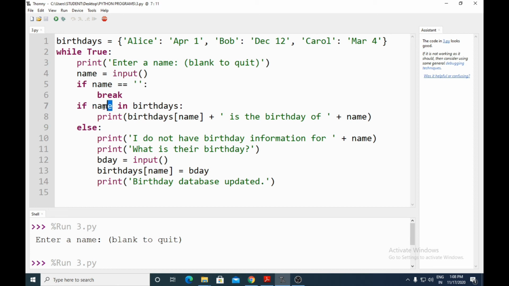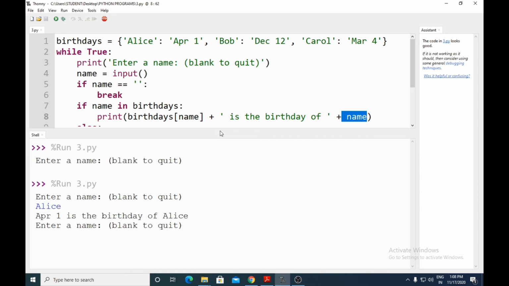In the name variable, Bob is sitting. If Bob is in birthdays, then what you have to print is birthdays of name. In name there is Bob. birthdays of Bob, that is the variable name, and the key will give me its value. So it will give December 12 is the birthday of Bob.